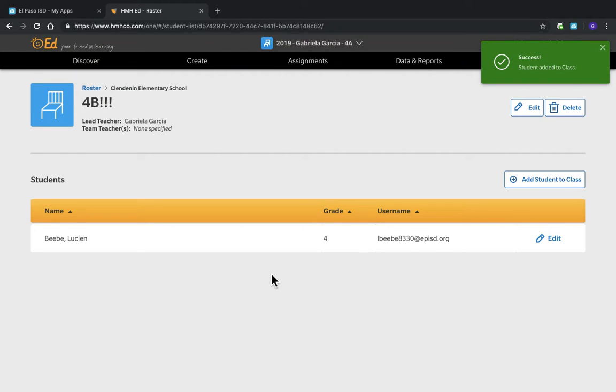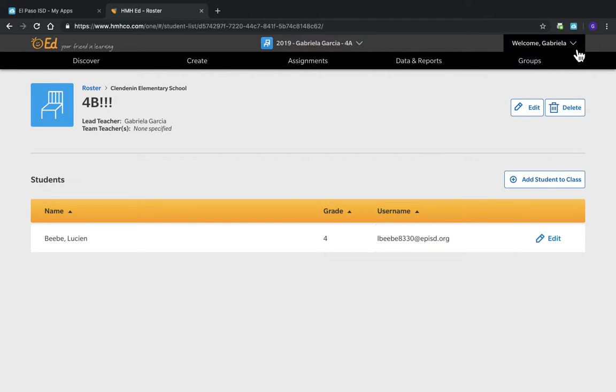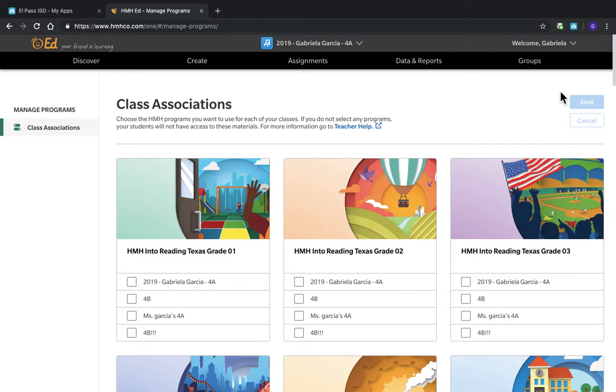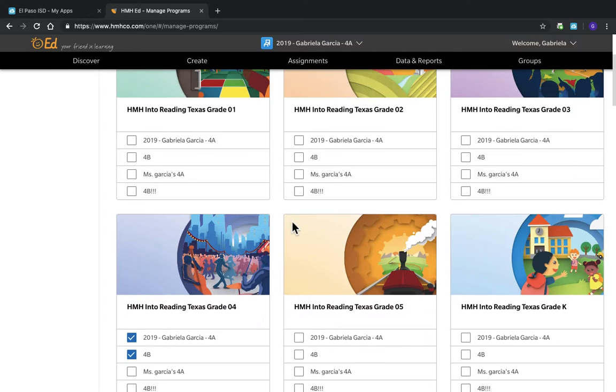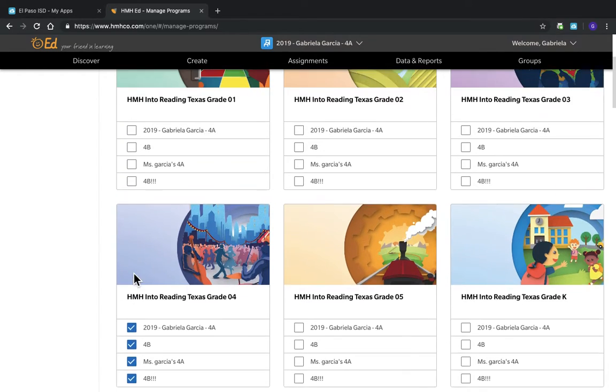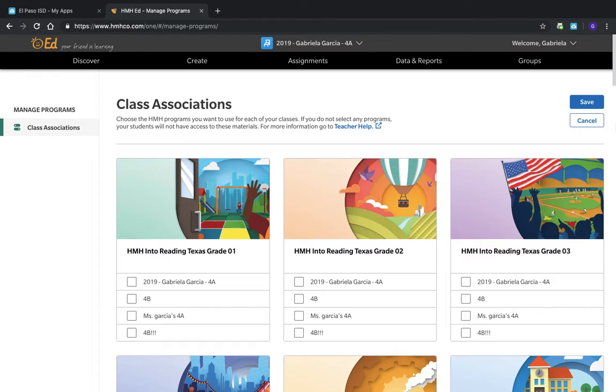Once you have finished adding all your students to your class, you're going to go back up to your profile name, select Manage Programs, and this will take you to where all the grade level adoptions are. Find your grade level, choose your classes, make sure that they are all checked off, go back up, save,